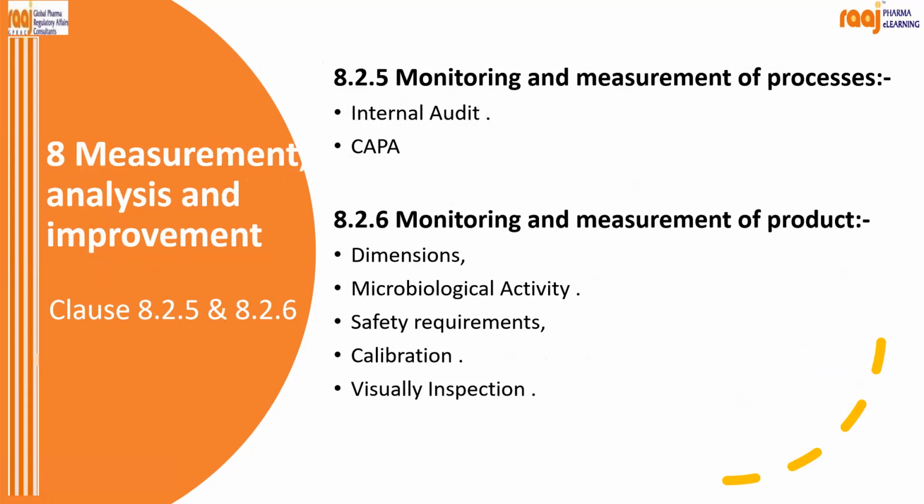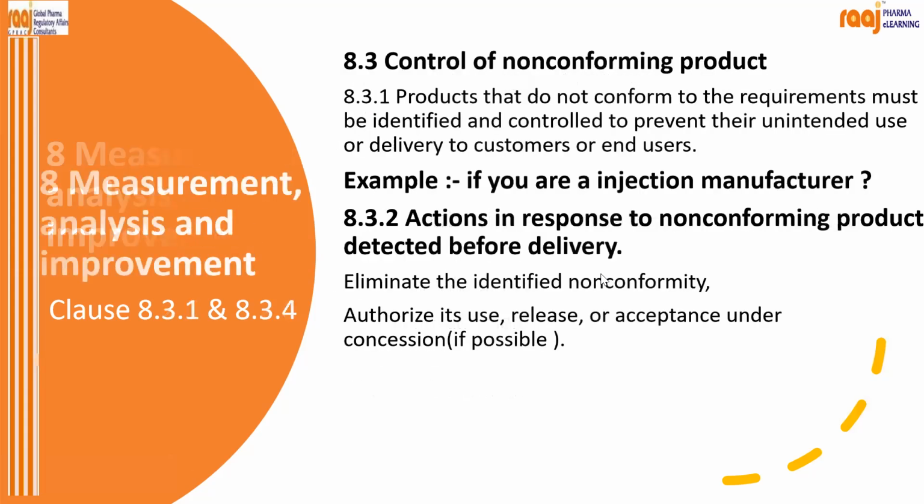And when you talk about the products, there is product dimension, microbiological activity, safety requirement, calibration, visual inspection. So this is related to your product monitoring and measurement. Then come to 8.3, that is control of non-conforming products. So when the product fails or it is non-conforming, then how you maintain that procedure and how you